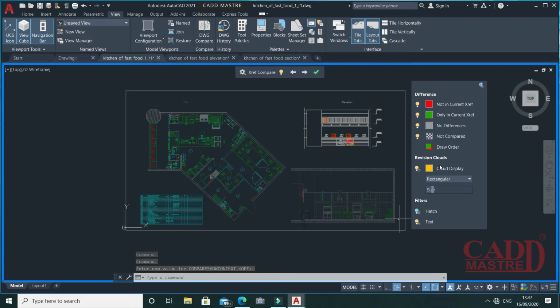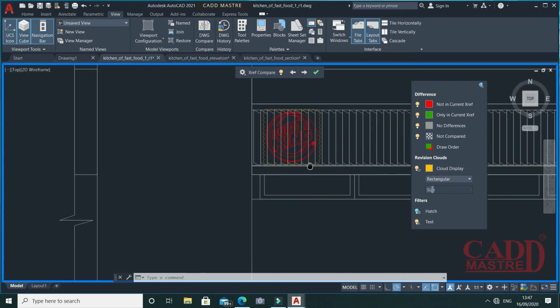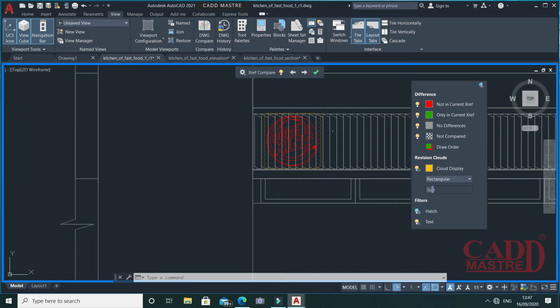This shows the revision cloud. If you zoom a little bit, you will find the revision cloud of the edited entity. You can change it to a rectangular or polygonal shape. You can change the size of the cloud.